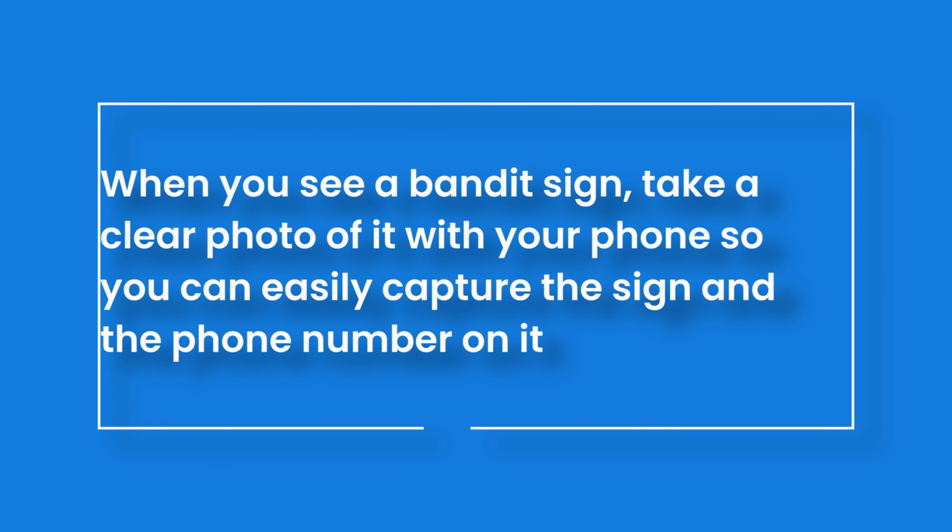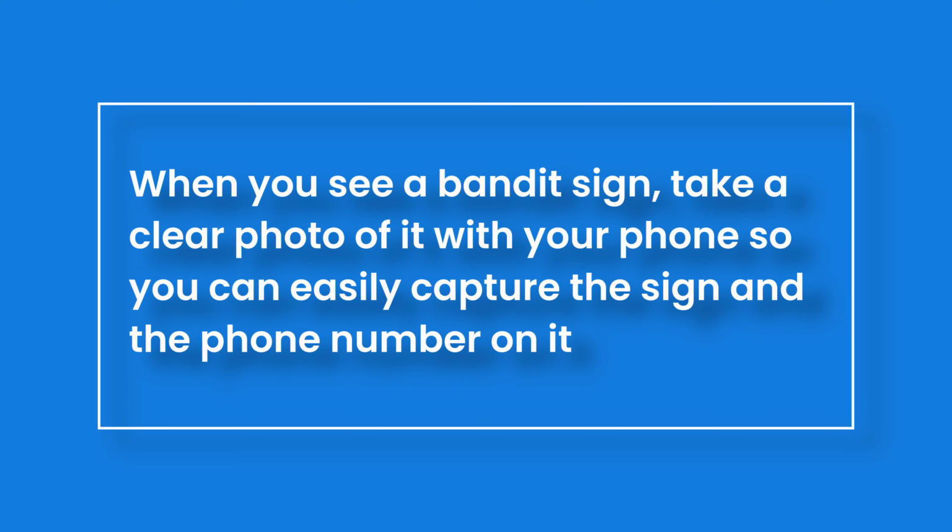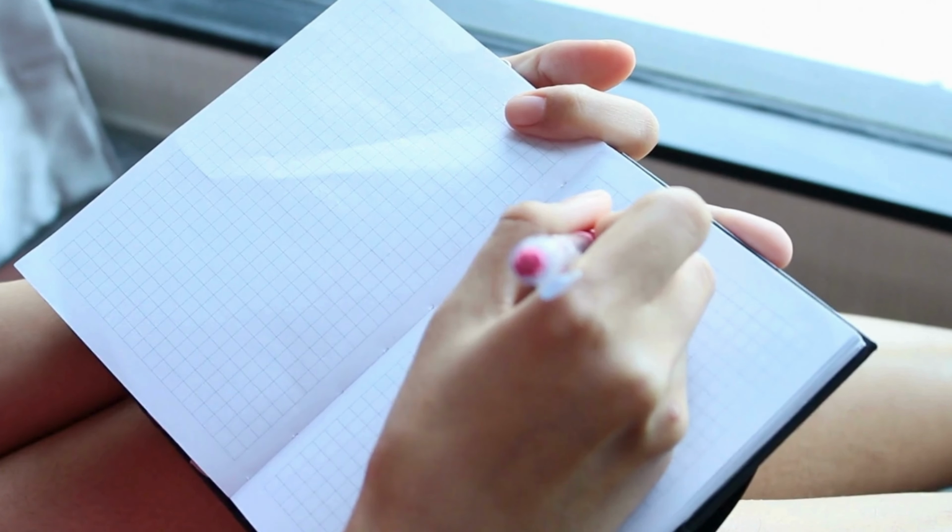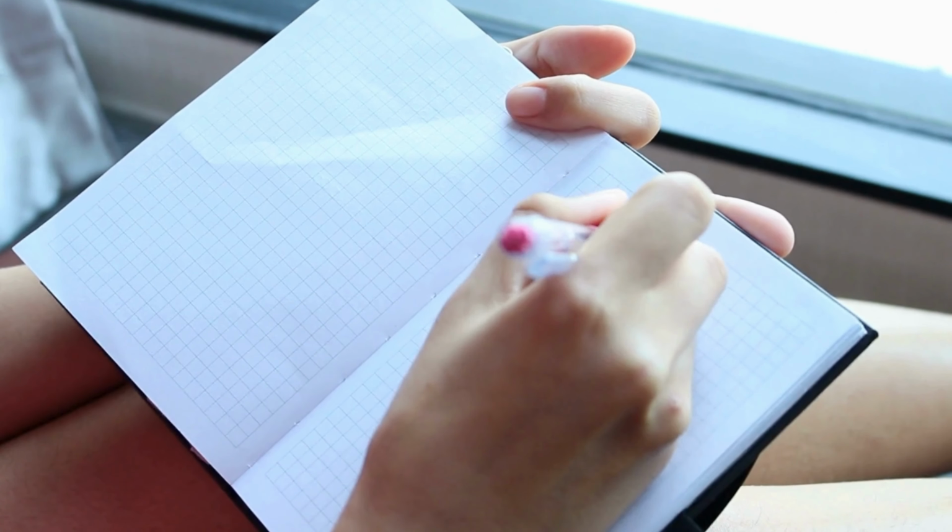Now for step 2, when you see a Bandit Sign, take a clear photo of it with your phone so you can easily capture the sign and the phone number on it of the potential cash buyer. If you're more old school or your camera doesn't work on your phone, then carry a pen and notebook with you at all times to easily write down the phone number and the city where you saw the sign. Or even just input the number into your phone